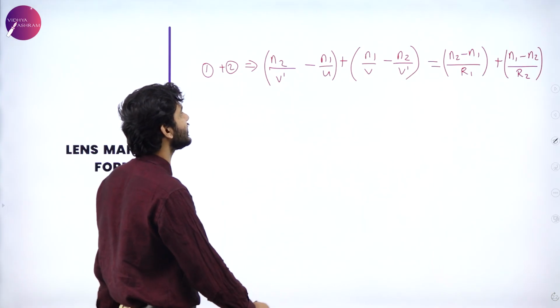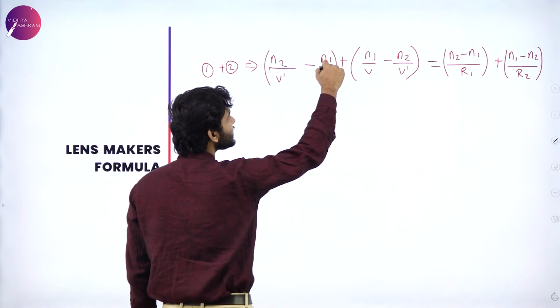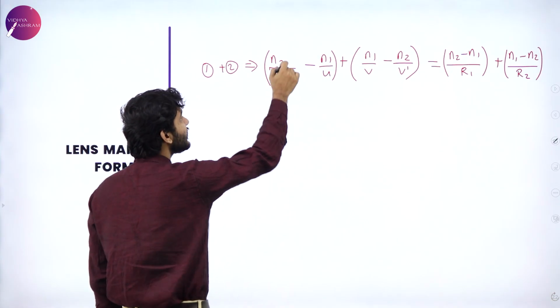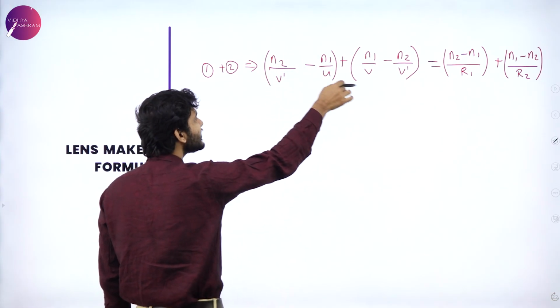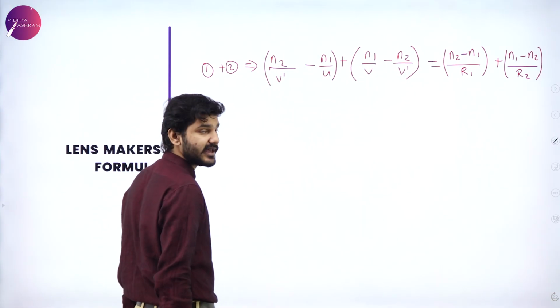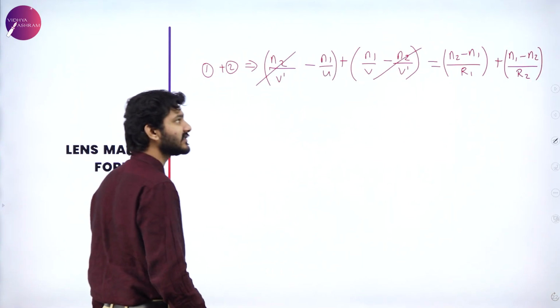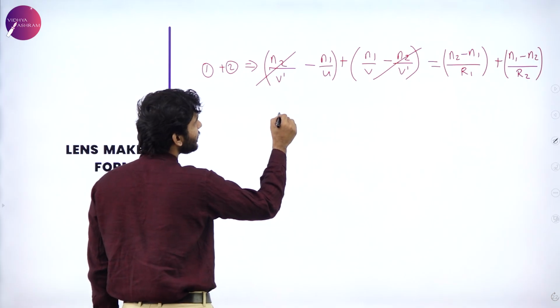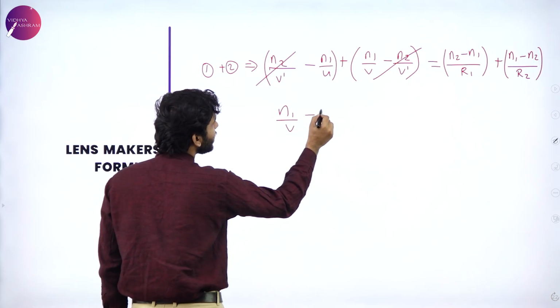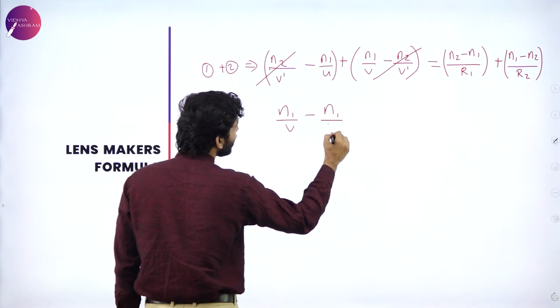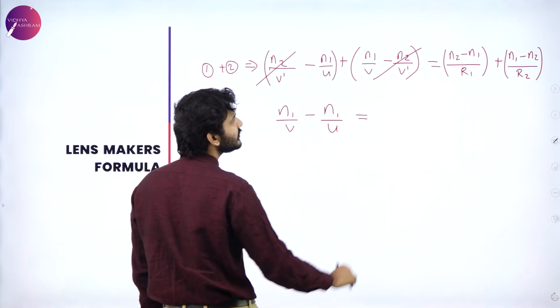Now we can see that N2 by V dash and minus N2 by V dash are there. So when we open the bracket, these two terms get cancelled and the only remaining terms will be N1 by V minus N1 by U will be equal to